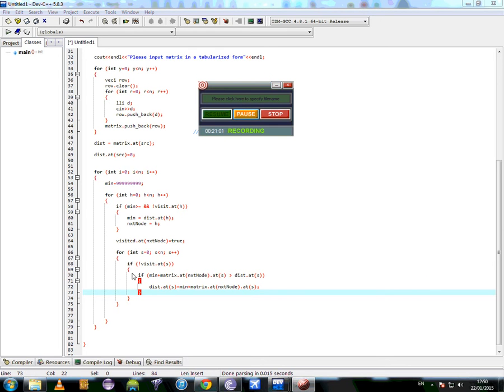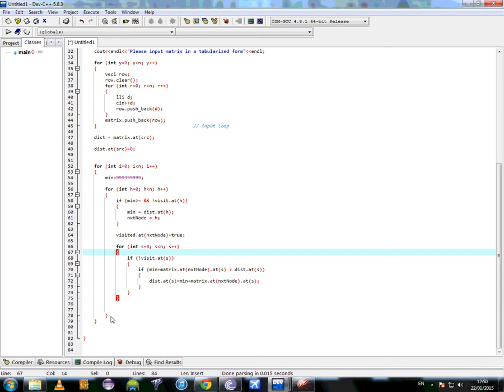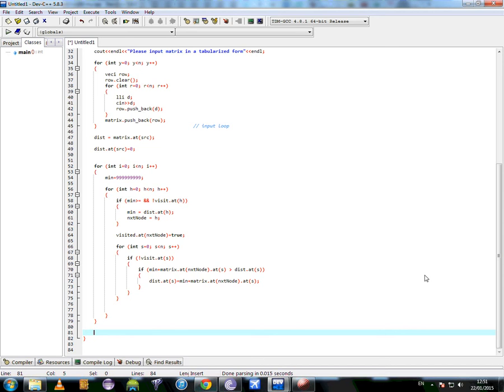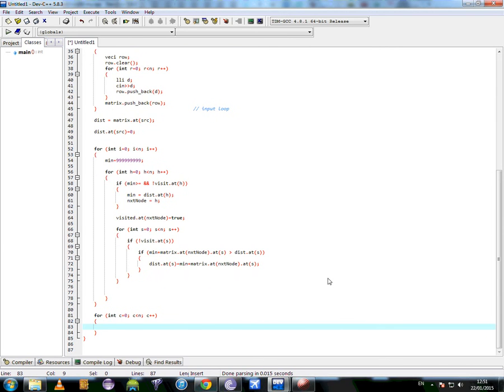Now, okay, our program is more or less ready. Now let me just find where the main terminates. Okay, here, so the final one. Now I want to output the values that we have found using Dijkstra's algorithm. And what I'll do is I will create a loop for integer c equal to 0, c is less than n, c++, cout,